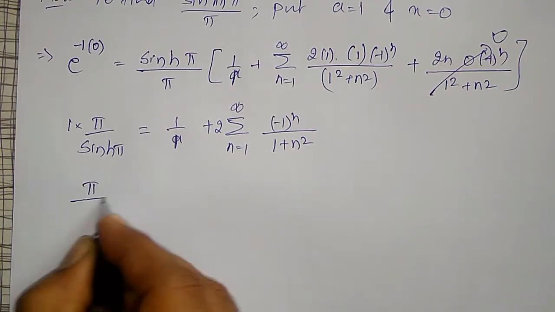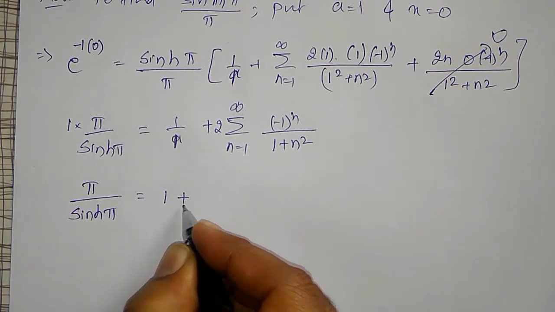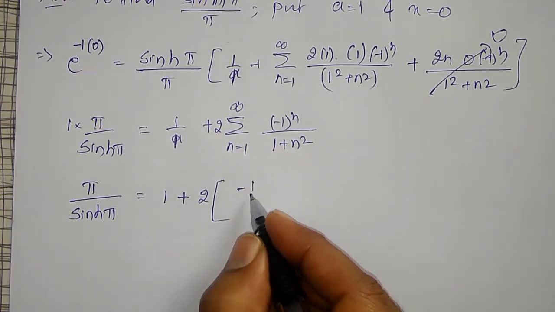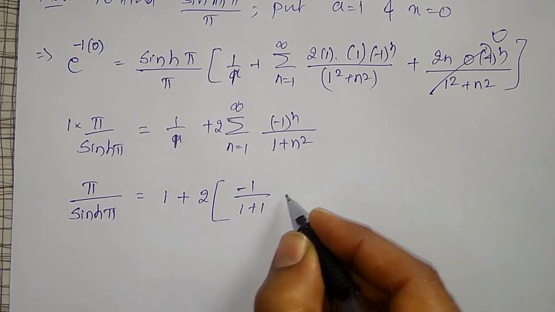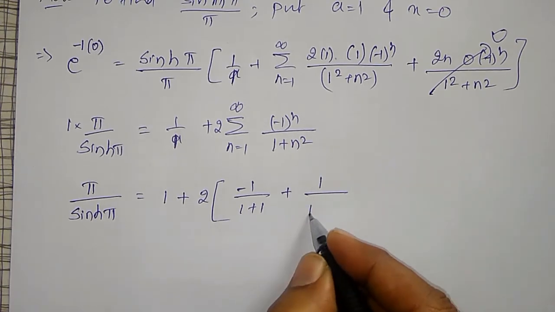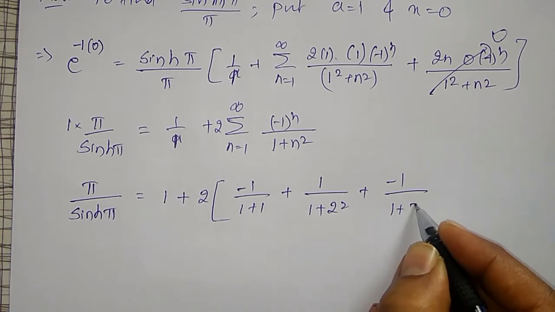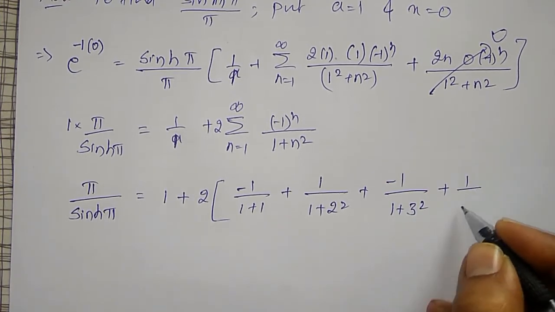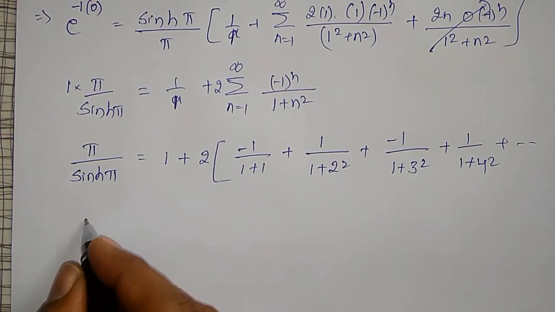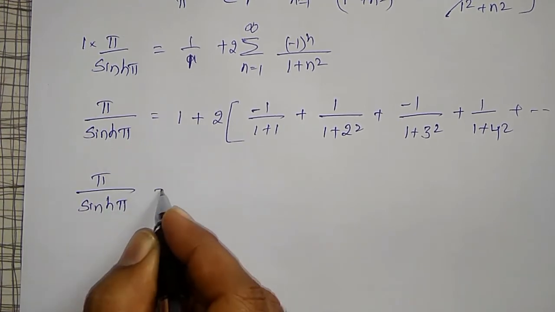Pi divided by sine hyperbolic pi is equal to 1 plus 2 into bracket, n equal to 1 this will become minus 1 divided by 1 plus 1, plus next n equal to 2 will become 1 divided by 1 plus 2 square, plus minus 1 divided by 1 plus 3 square, plus 1 divided by 1 plus 4 square, plus so on. Expand this one, therefore pi divided by sine hyperbolic pi is equal to